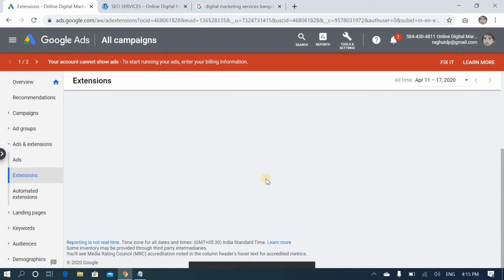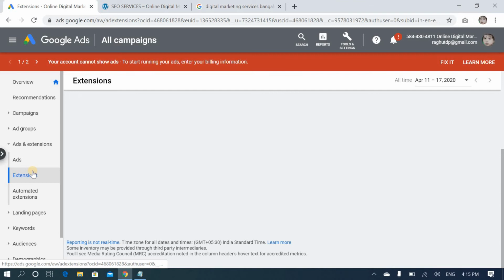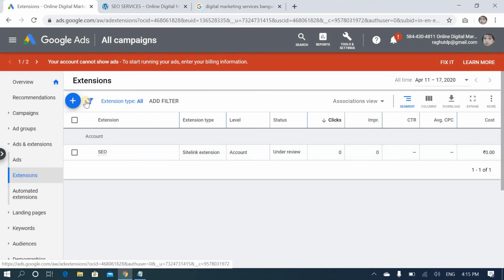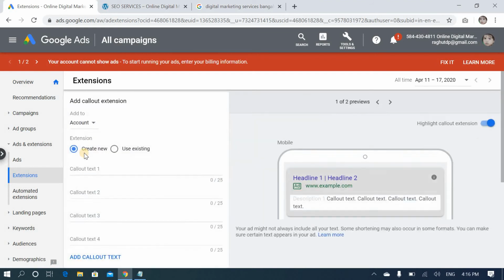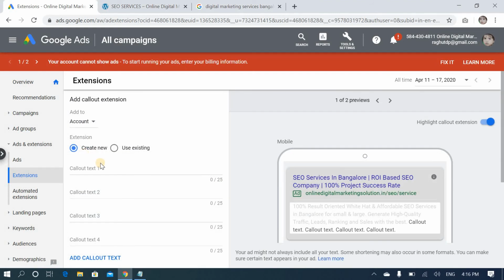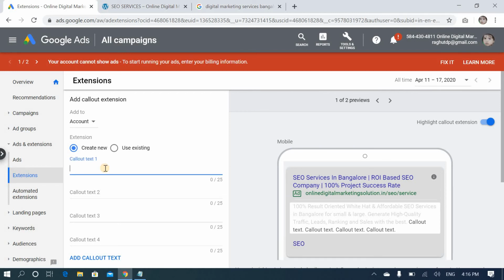Now we can add the callout extension. Just click here. Yeah, the callout extension, as I told you, is where you can give a small description. For example, 24/7 support, like this.